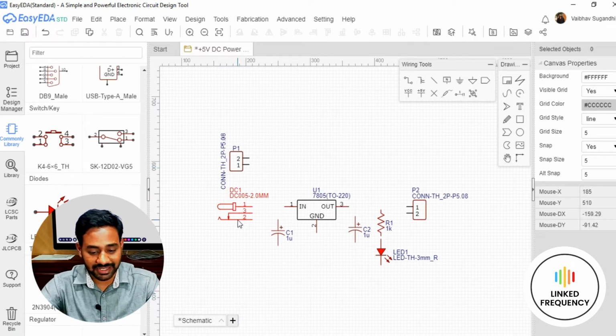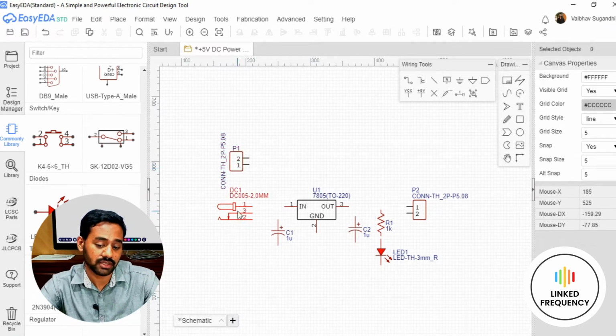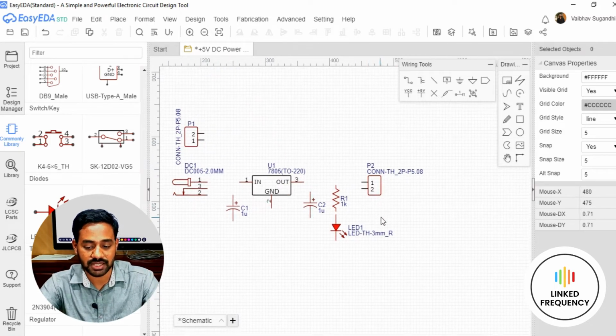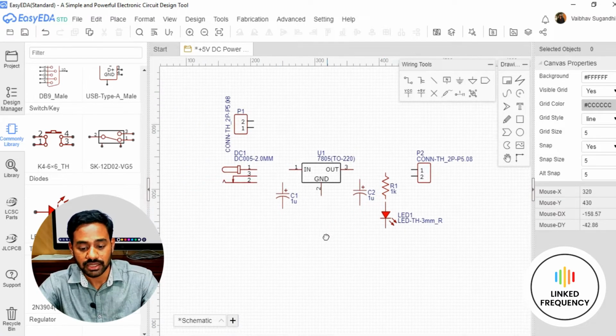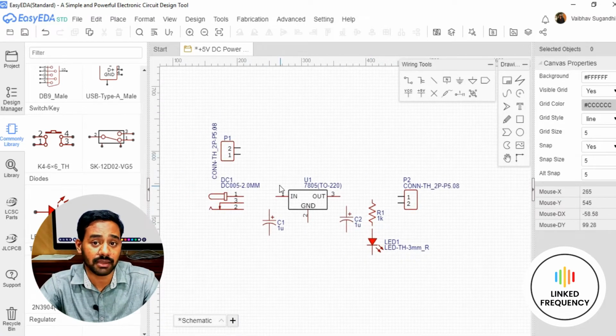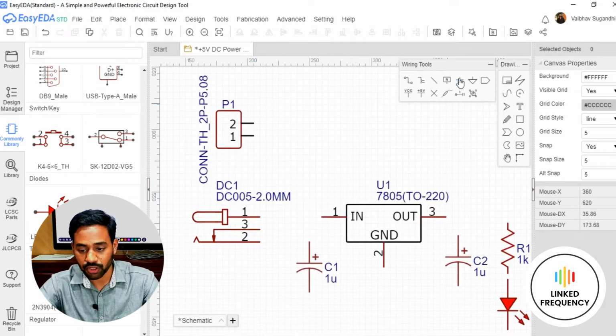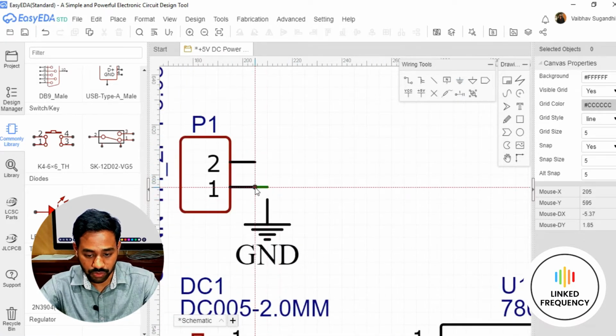Now you can see that the connector is placed here, and the DC jack is placed here, and the connector is placed here, and wherever you can see the component possibly adjusted in a smaller area, we have done that. Now the next important part is connecting them as per the circuit diagram. First of all, I'll use the ground symbol to connect the first pin of this connector to the ground,